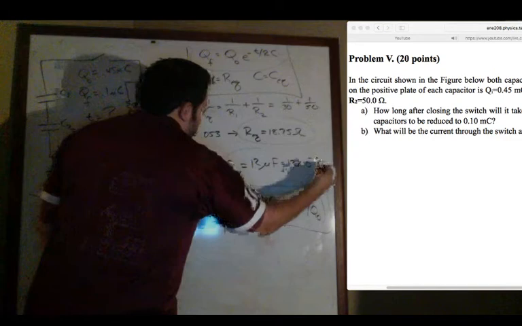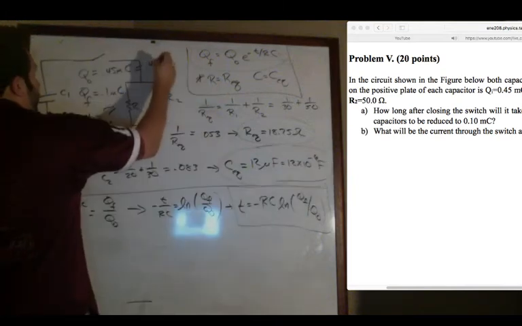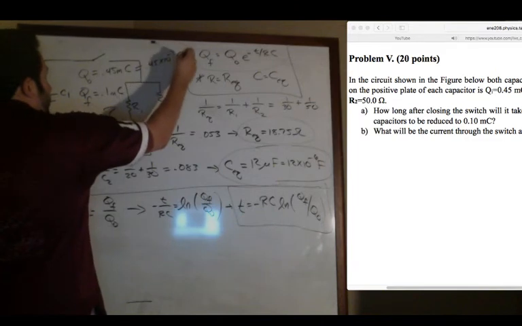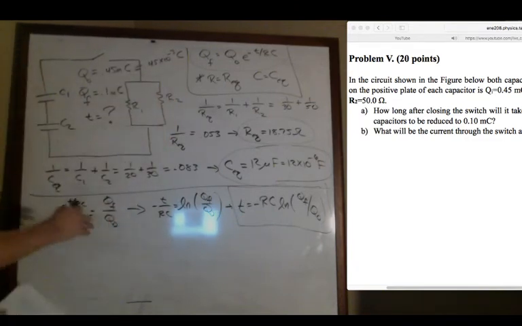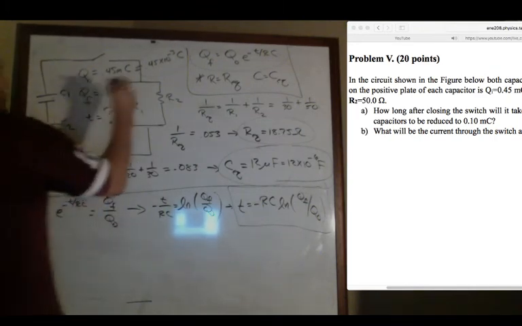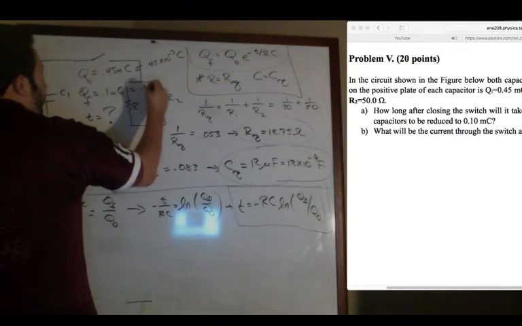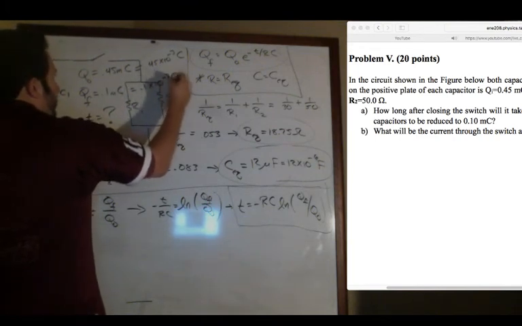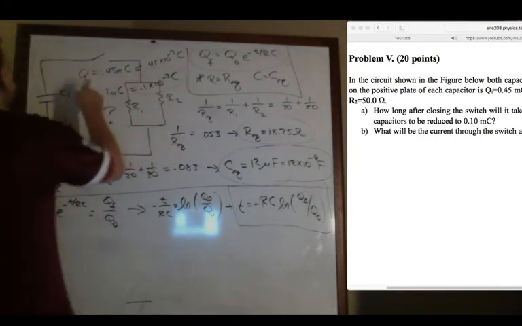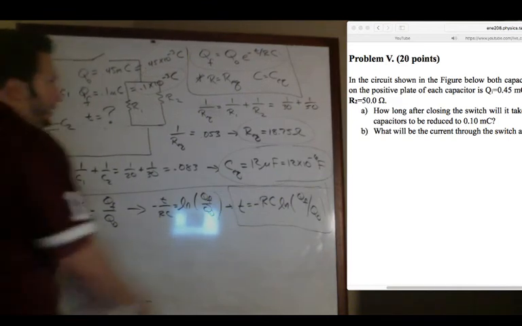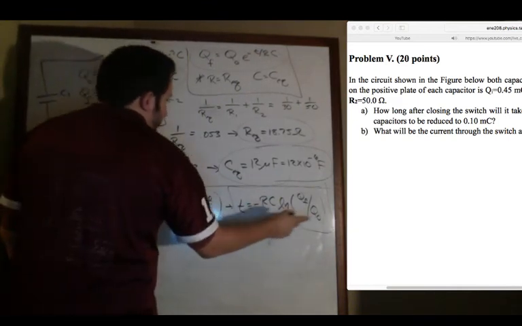Okay, with this one, you have 0.45 millicoulombs. And so for the Q naught, make sure you do 0.45 times 10 to the negative 3 coulombs. Remember, millicoulombs, just do times 10 to the negative 3 to go to coulombs. And with this one, same thing, 0.1 times 10 to the negative 3 coulombs. Now that you have QF and Q naught, and you have the R and the C, you just